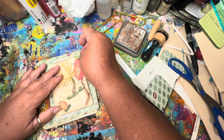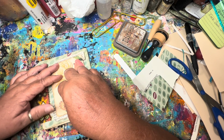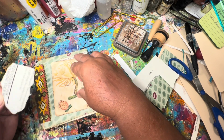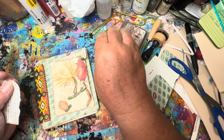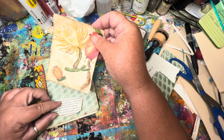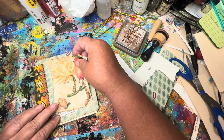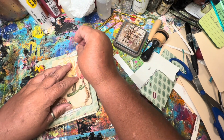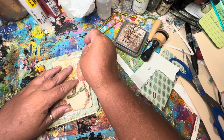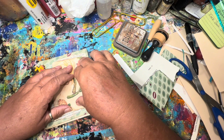Okay, a little here and a little there. Don't necessarily want to cover my spine fabric. So let's put that there, this here, this here, and